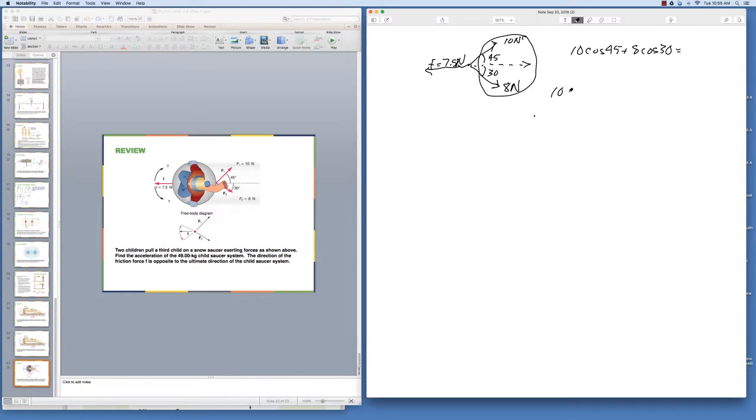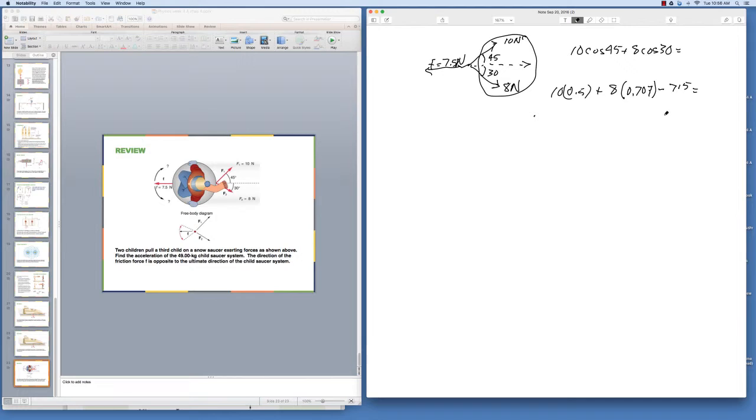So 10 cosine 45 is 0.5 plus 8, and the cosine of that is 0.707, minus this friction force is 7.5,